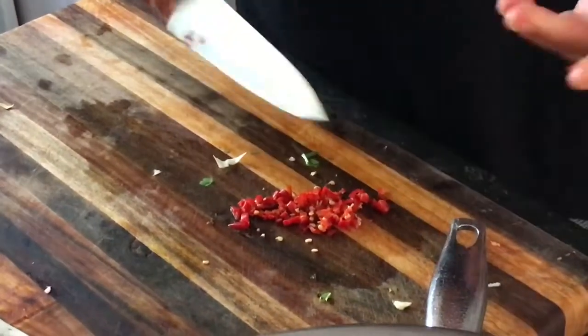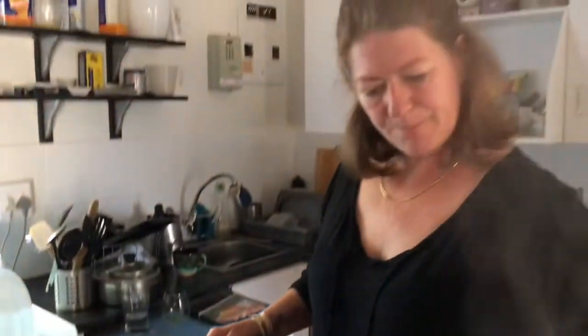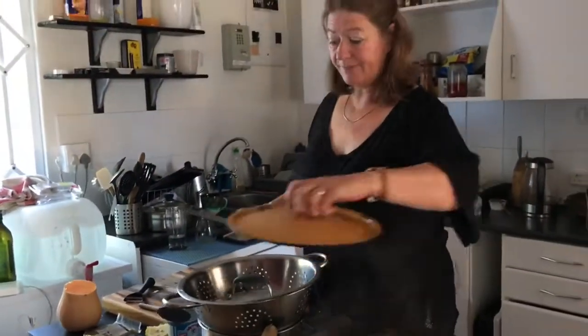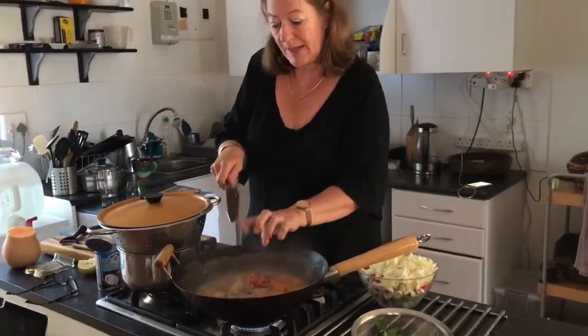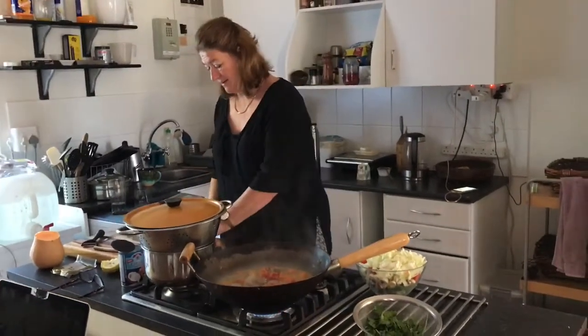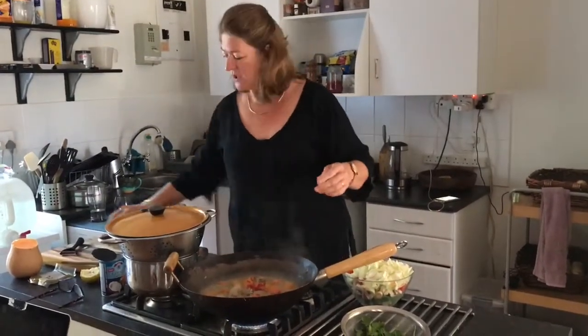And I always think that chili is really good for the logie, if there is any logie lurking around. So I'm just going to chuck this in anyway. It's lucky that you probably won't be able to see us eating this because it is going to be quite hot, but that's cool. Okay, so